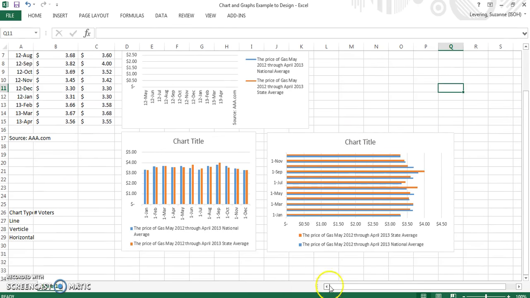a chart title, your legend, your months of the year, your amounts. All of that should be included. Now, the assignment asks you to